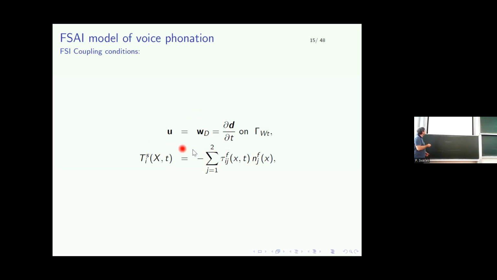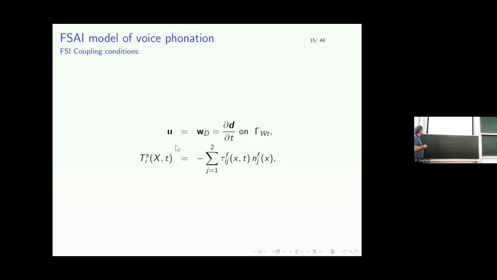So we need to somehow set that the flow velocity is equal to the domain velocity, and the domain velocity on the surface of the vocal fold is equal to the time derivative of the displacement, which at the continuous level is the same. But when we are doing numerical approximations, I would like to show that we can possibly have different values for the domain velocity and for the derivative of the displacement, because we possibly can use different time discretizations for the structural model and for the domain